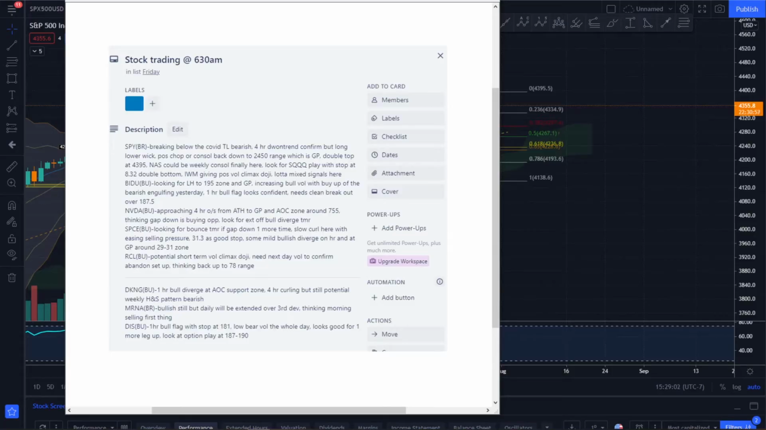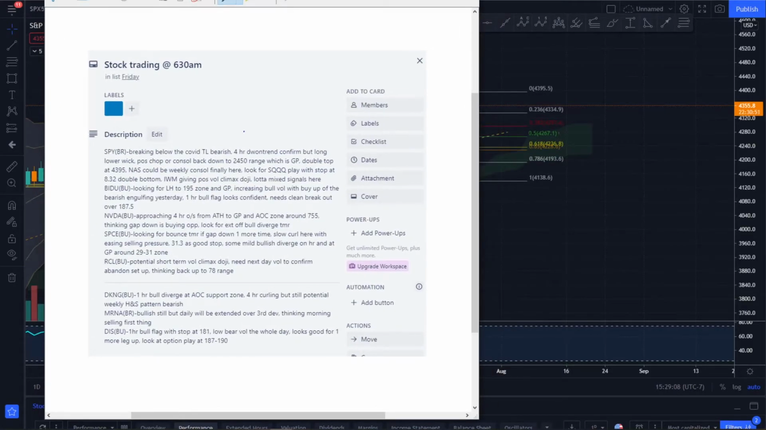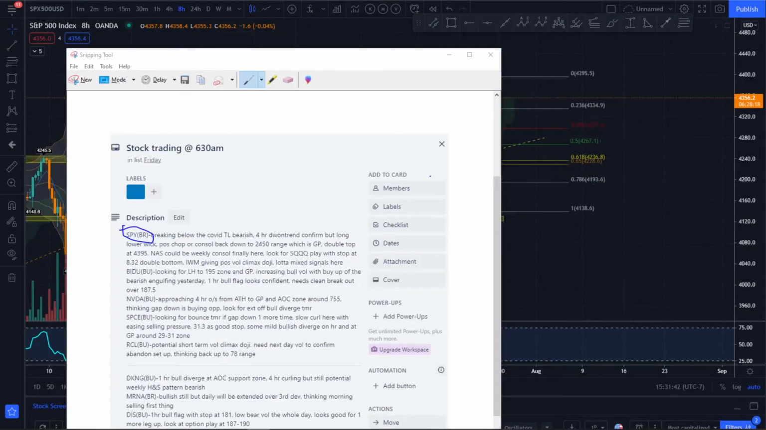So let me run through what I do here as a quick example of how to build your watch list. Let's start with the S&P 500. I'm looking for a bearish play. This is my language here, keeping it very simple, which is SPY. BR means bear. I'm looking for a bearish play because I wrote here it's breaking down below the COVID trend